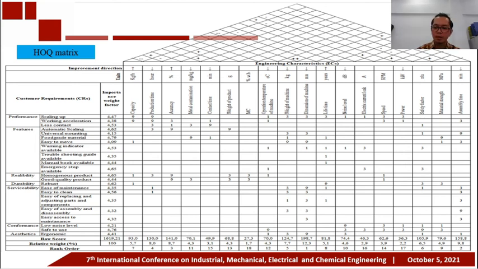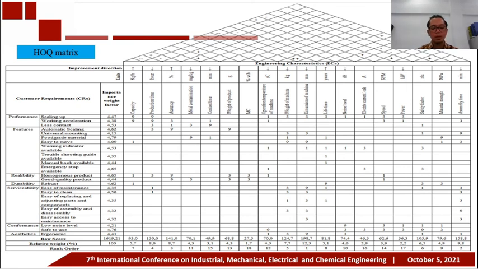The second is assembly time. This is because assembly time can speed up or reduce production time. The third ranked engineering characteristic is accuracy, related to the machine's ability to produce uniform product.